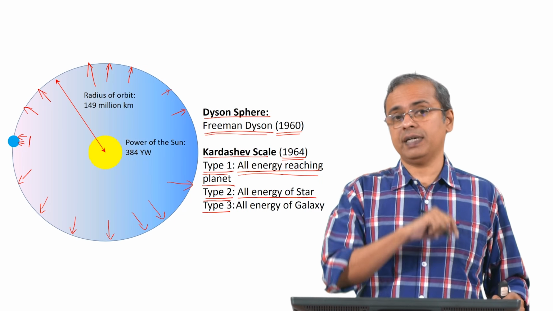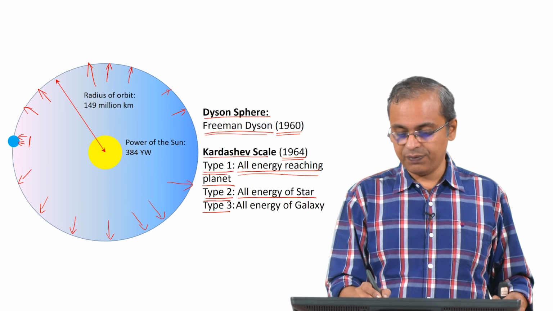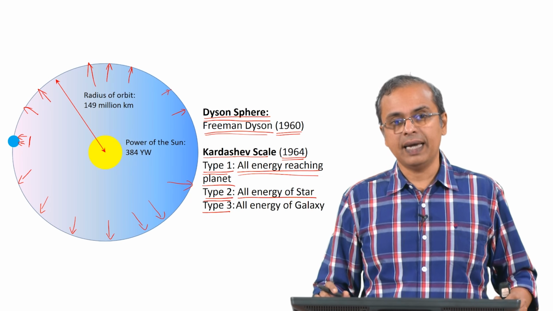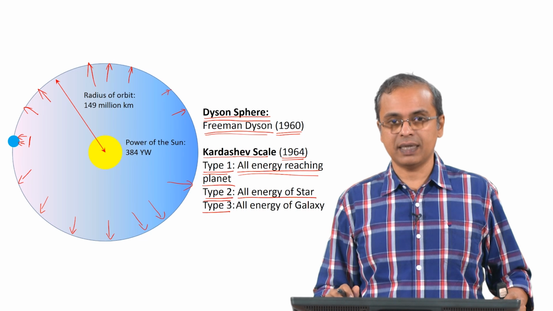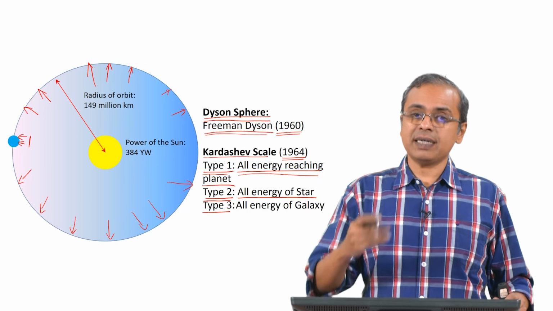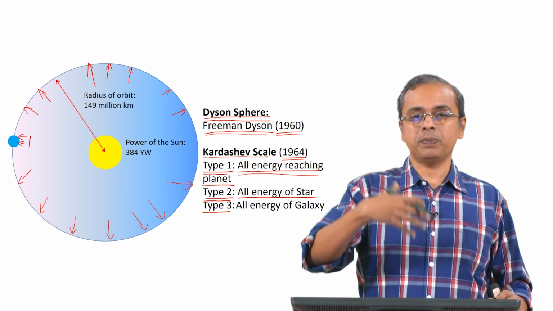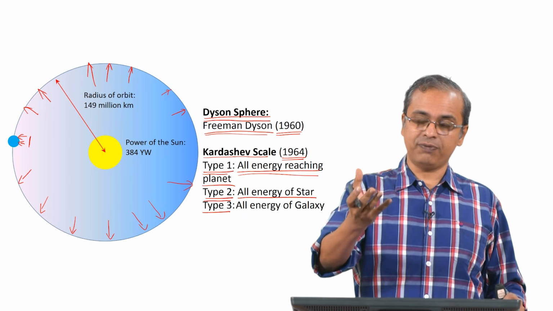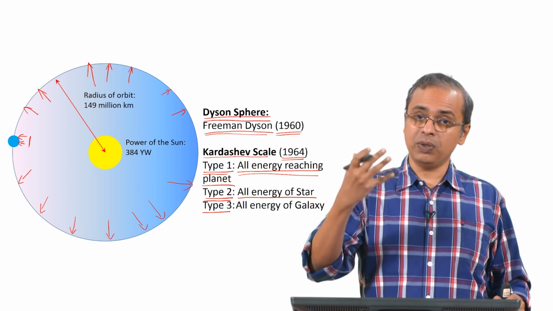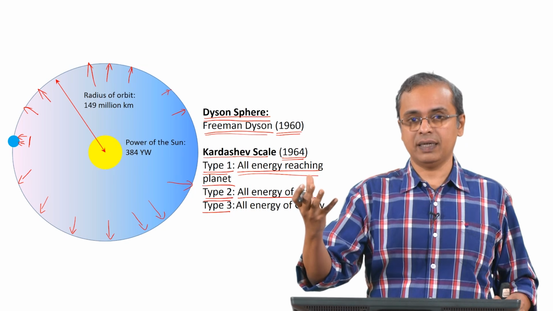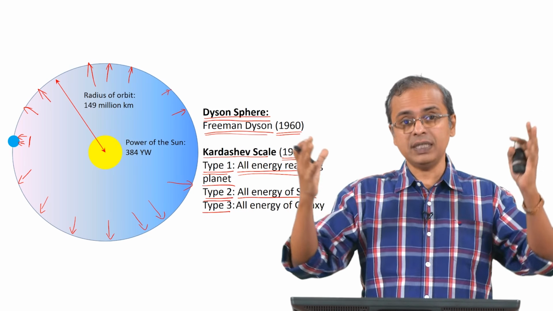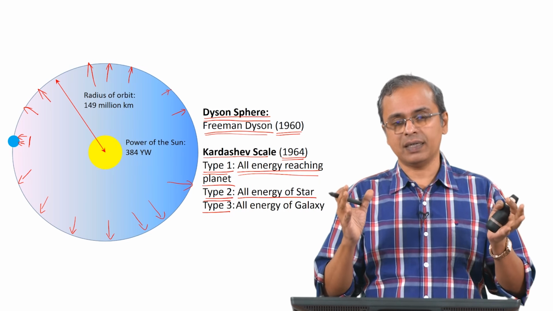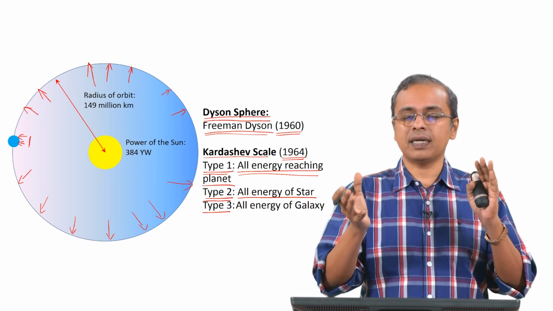So a Type 2 civilization would be of this nature, one which would have something like a Dyson sphere around its star and capture all the energy from that star, right. In fact, this is an interesting concept from the perspective of science fiction. It is also an interesting concept from the perspective of scientists who are looking for life forms elsewhere in the universe. They are looking to see if there is some massive structure that does not fit the natural scientific